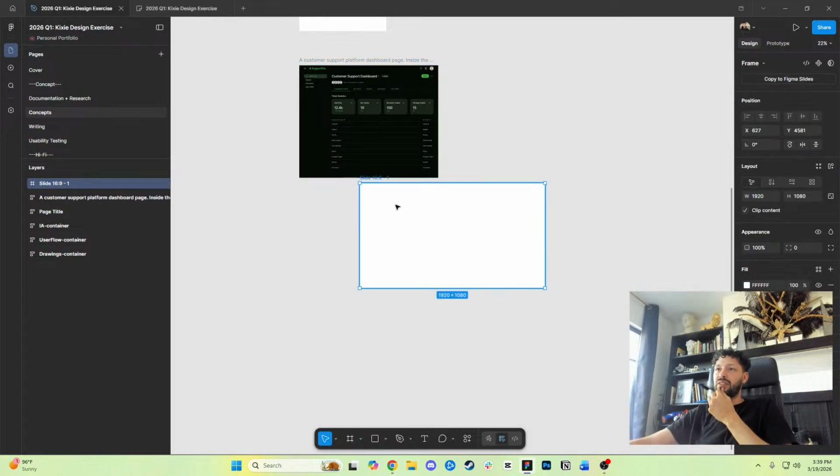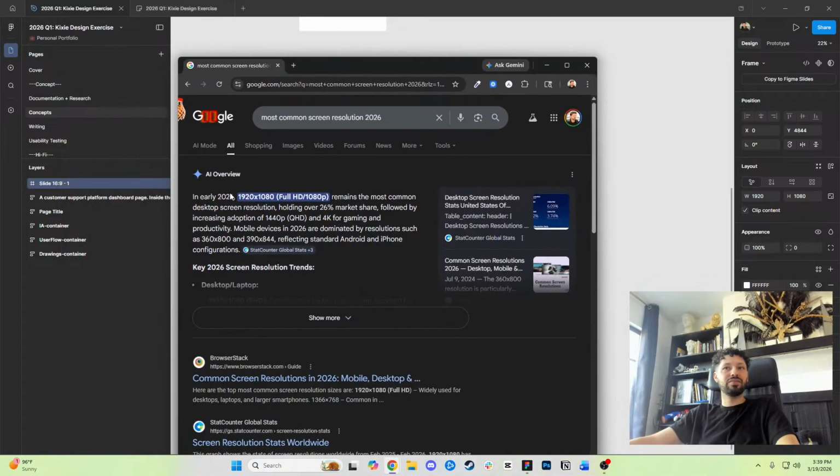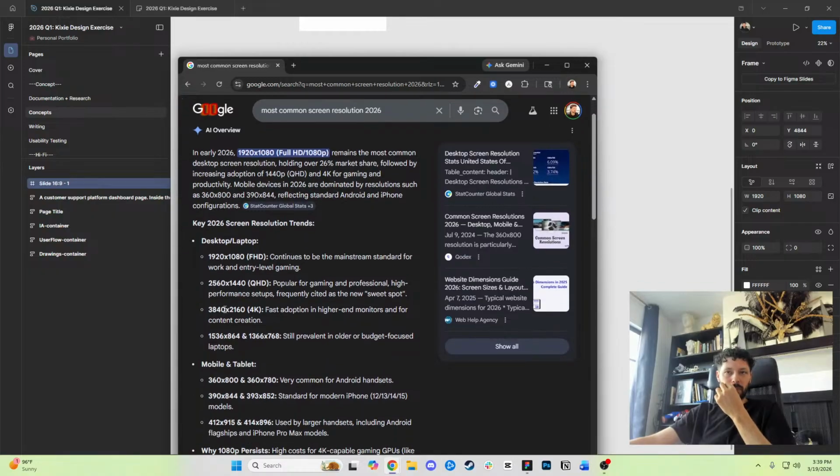What do you guys think the most common screen size is for desktop? I think it's 1920 by 1080. It's funny because 1920 is so wide, so a lot of sites you end up having situations that are like